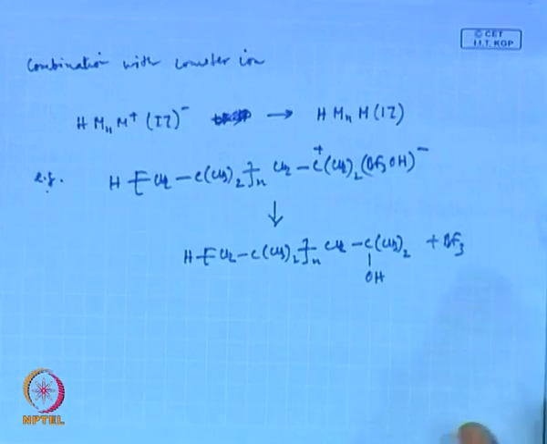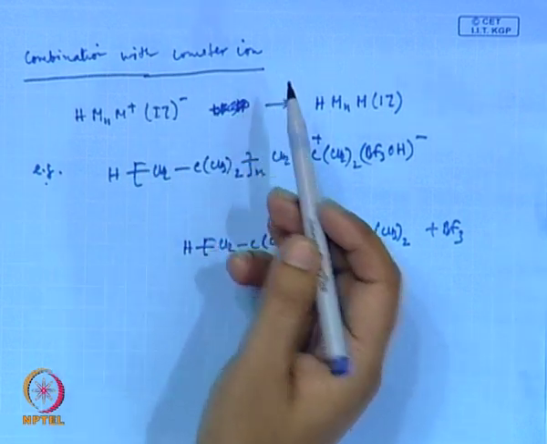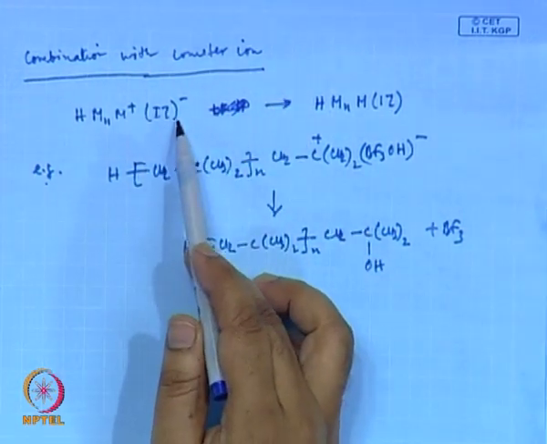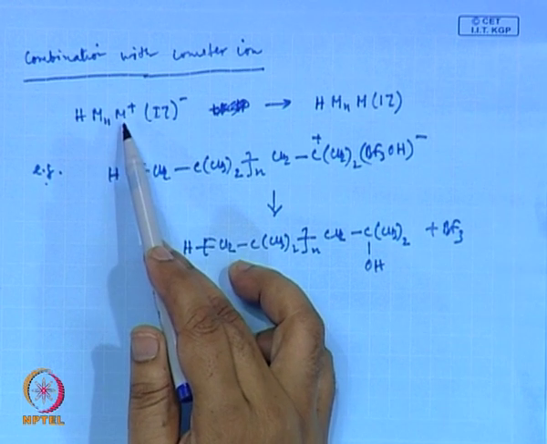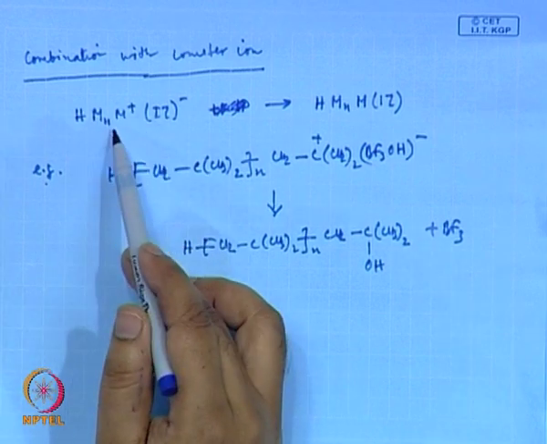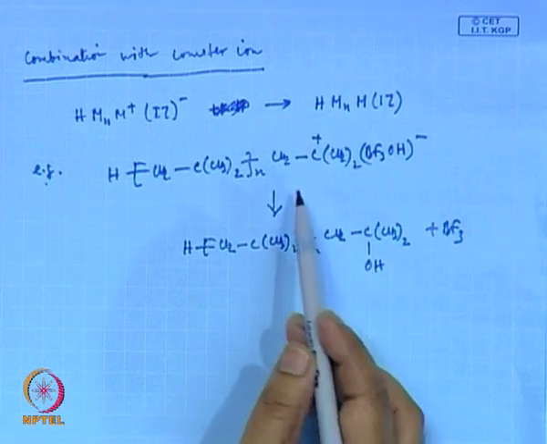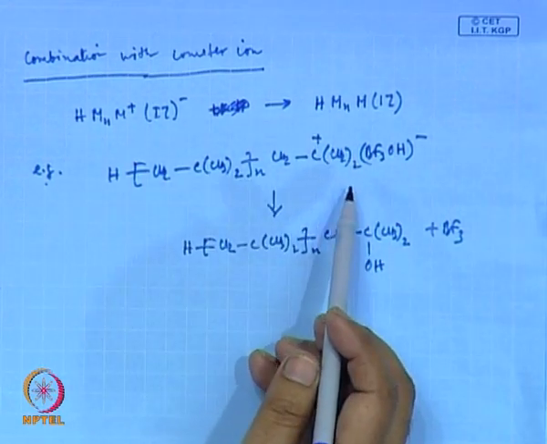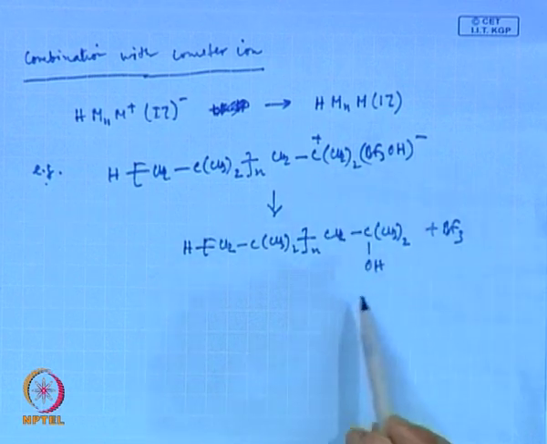Now, there is one more termination possible, which is not a transfer reaction, but in the true sense a termination reaction, where the counter ion and the cationic propagating species combine to form a covalent bond. For example, for a generic expression, it can be shown here, and the example of isobutylene polymerization with BF3 and water, you can write